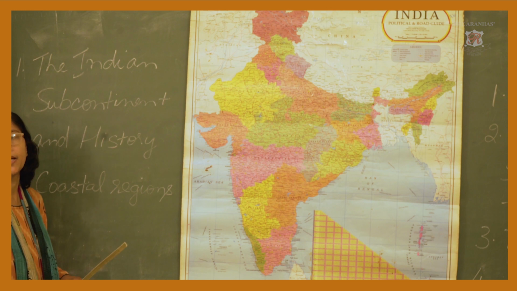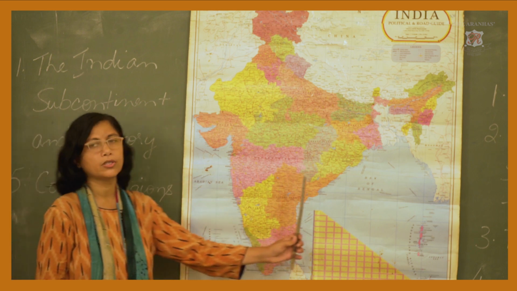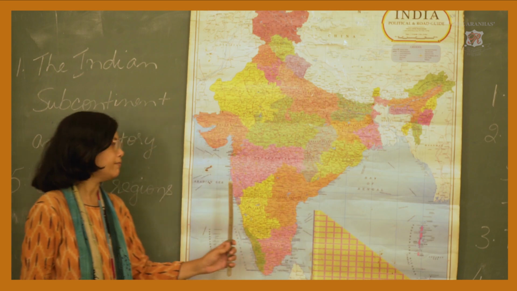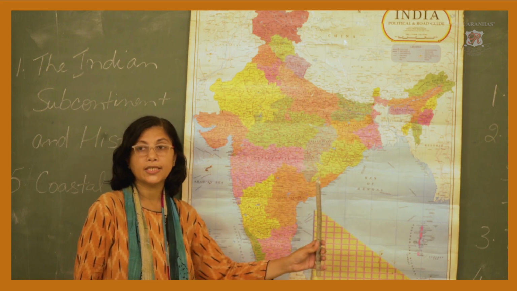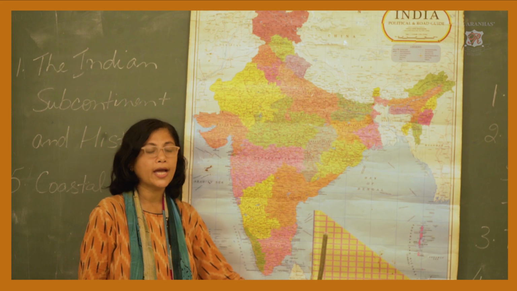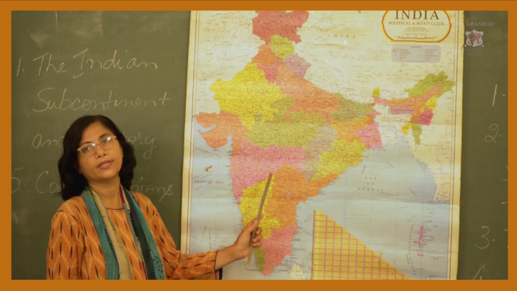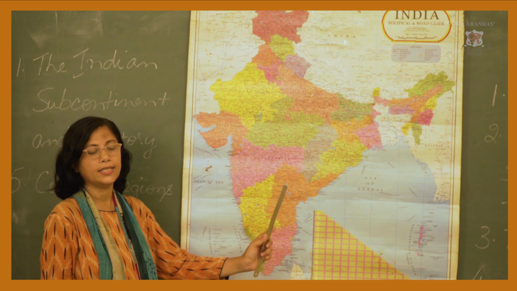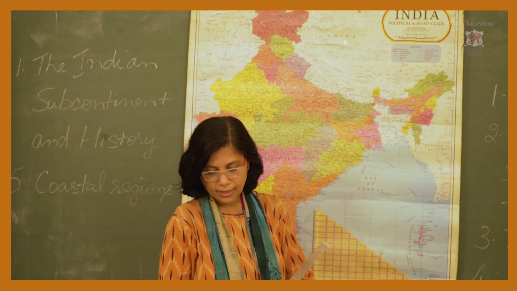Coastal regions. What do you mean by coastal regions? They are the ones where we have the sea on the side. So, we have one on this Bay of Bengal, this coast, and one we have on the Arabian side. So, we are talking of the Indian history, the regions in ancient India. So, in those days what happened, the coasts were very important for trade. In fact, the land route for trade came much later. It was the seaports that were used mainly for trade. So, all the trade that India carried with the other nations, the western countries, everything went through the seaports. So, they were very important for our